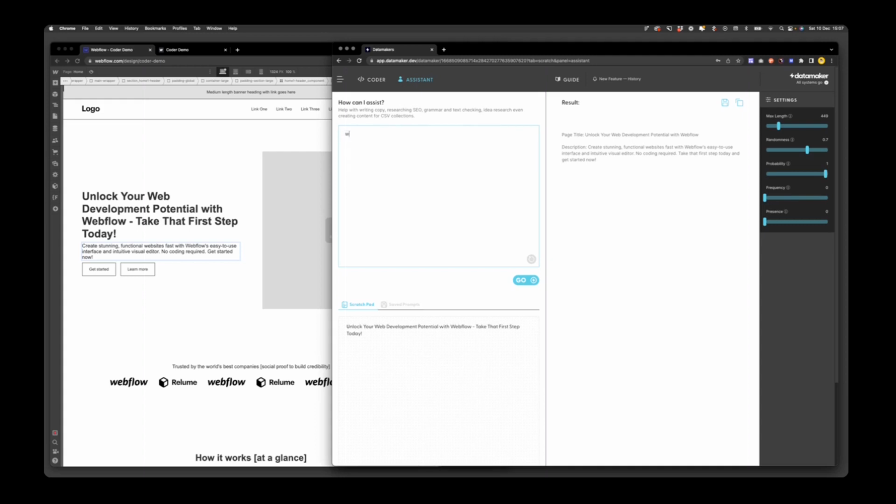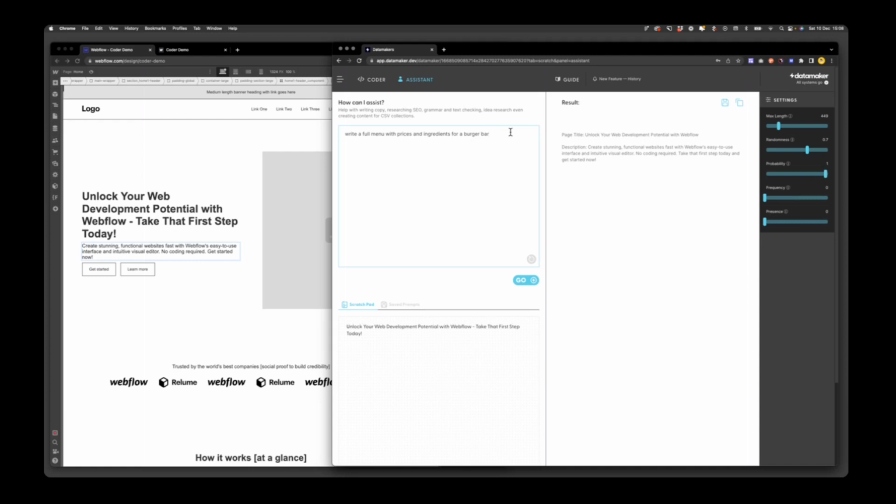So I'm going to say, write a full menu with prices and ingredients for a burger bar. Now, this feels like a big ask, but the reason why this becomes really powerful for Webflow is